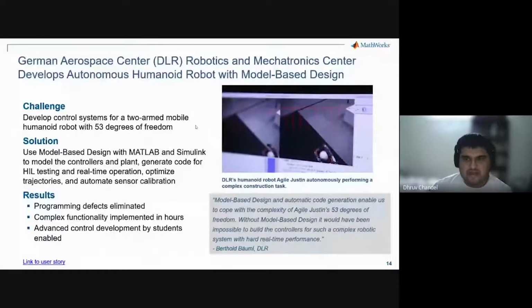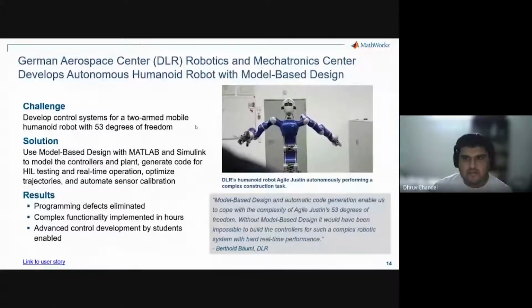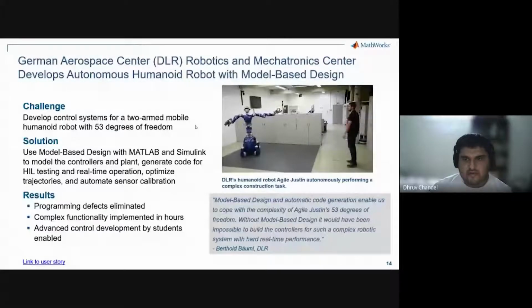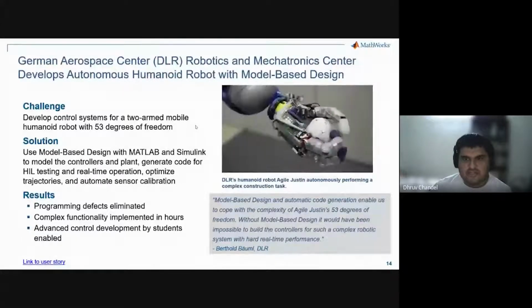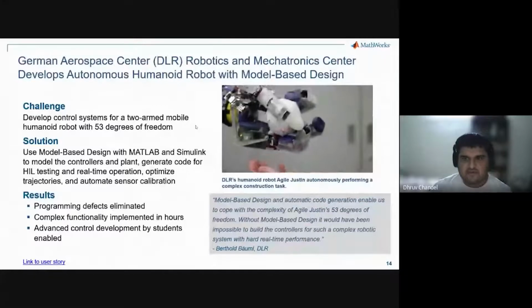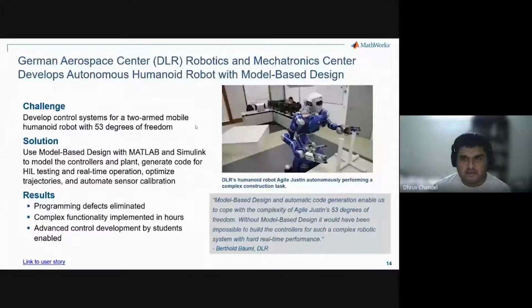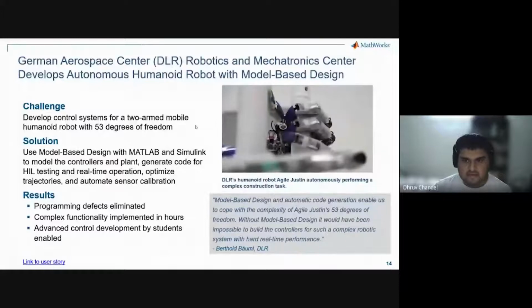Basically, a guy tosses the ball to the robot. The robot is able to perceive that, and it's able to catch the ball as well as return the ball. Catching two balls at the same time is a complex task because you have to have grips, you have to see the path of the ball, you have to plan out the trajectory, and so on.